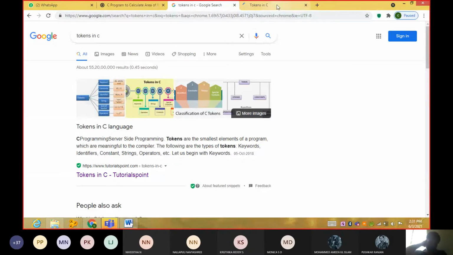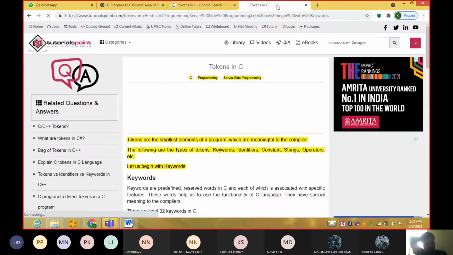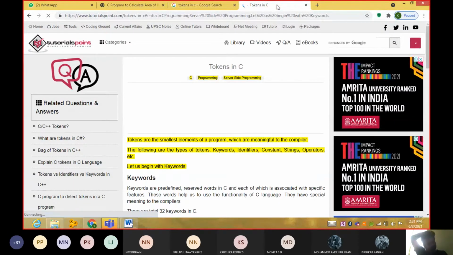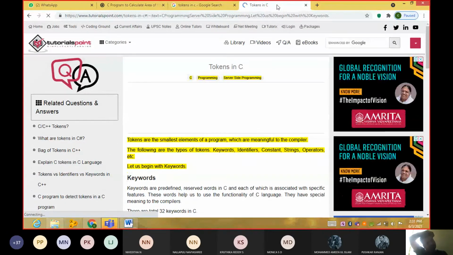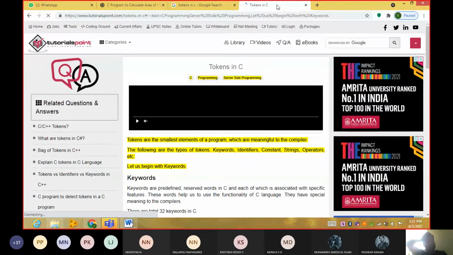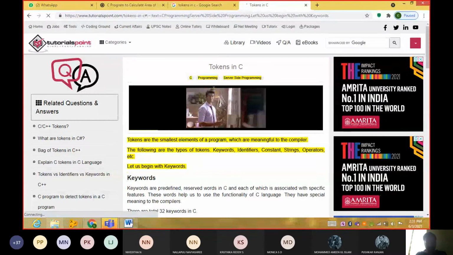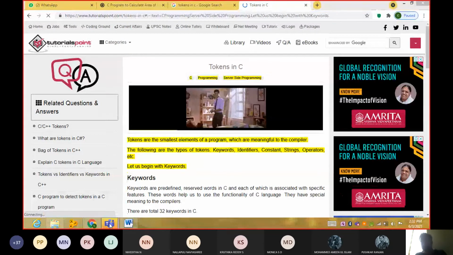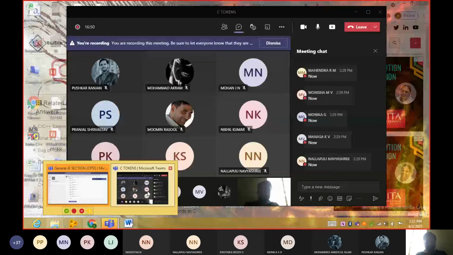And this is also one of the definitions. Okay, I think this is clear to you people.